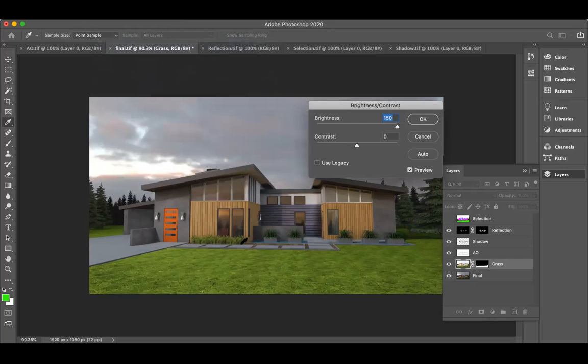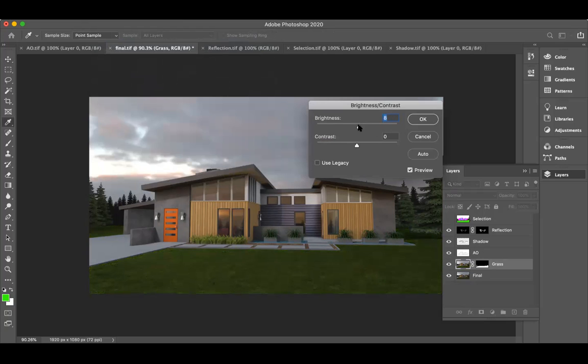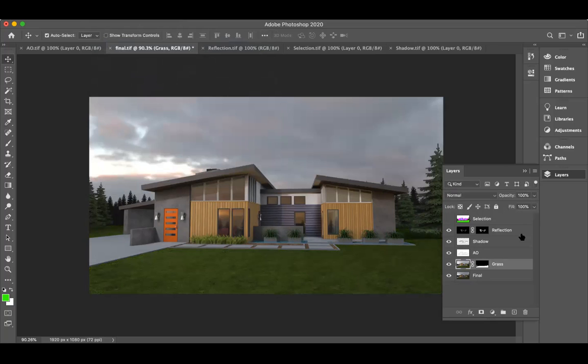If you are going to add brightness to the final layer, you'll find your building's brightness will be increased. Instead of working that way, now we look at here. Yeah, this is fine. So that's why we need different layer passes, so that I can extract the detail from the final output and I can tweak it according to my output.